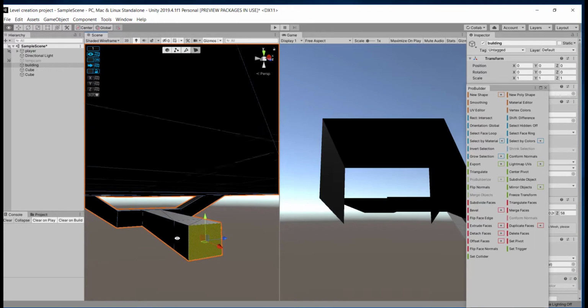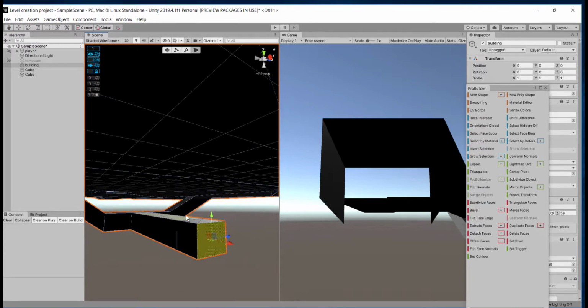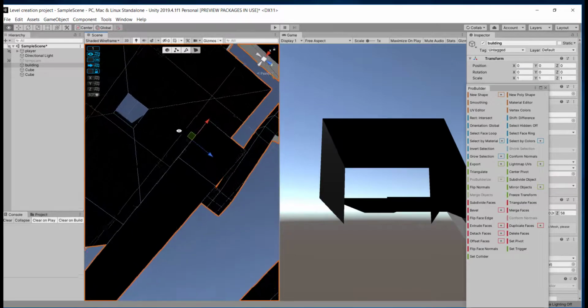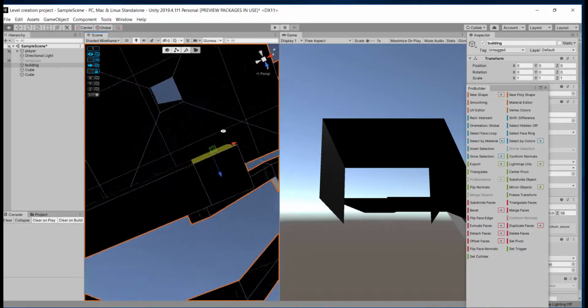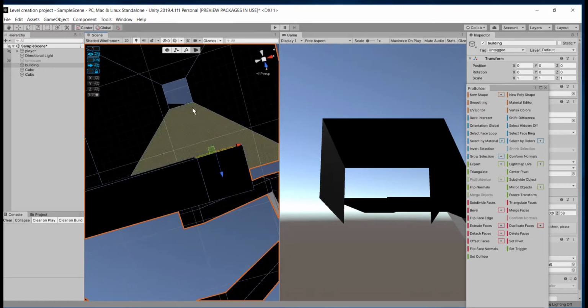So now I want to connect this extruded new face, not this one, okay, this one, to this hole I created in the floor.